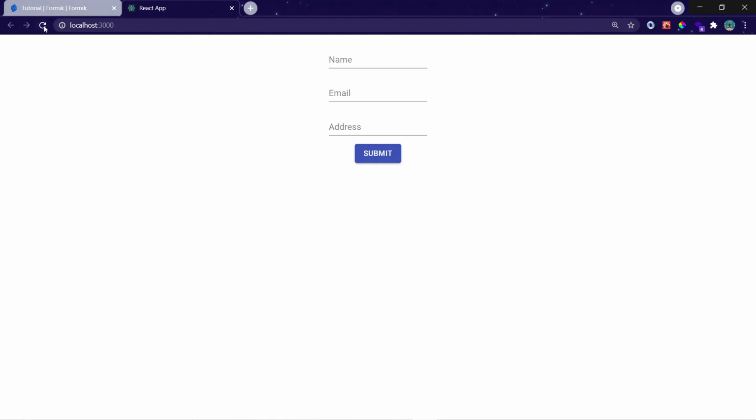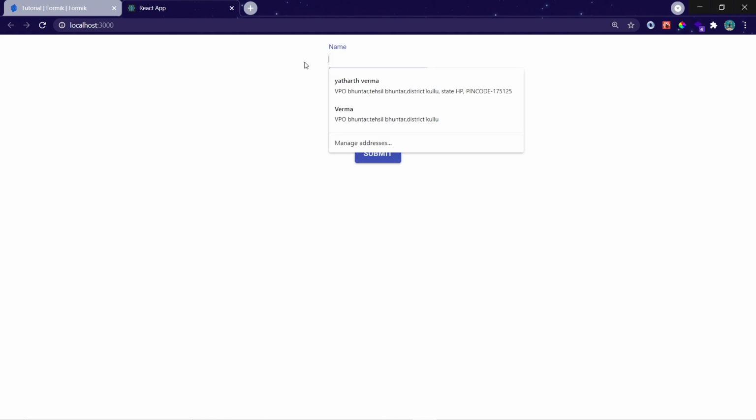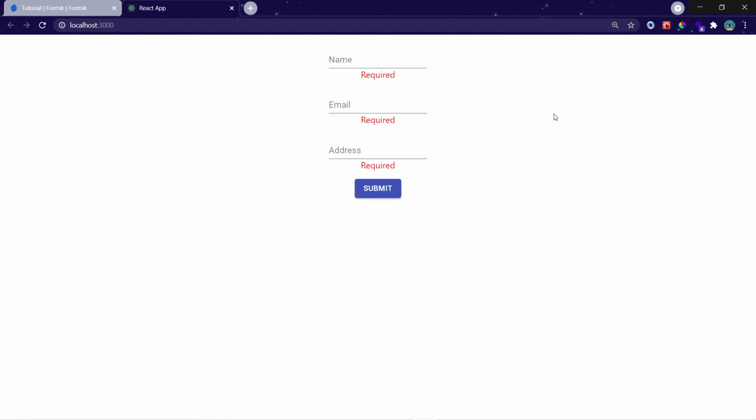Okay, refresh it and let's see whether it is working or not. If you submit it, you will see we are getting required. One more thing: if I haven't filled any values and I click outside, as you can see it is showing required for other fields which I haven't touched. Let's refresh it again. Let me show you what I'm saying. Let's touch this field and touch outside. Okay, it's not happening for this field, but I think it will happen for the first field. Let's touch it and touch outside. Yeah, as you can see we are getting errors for all the fields. It should not happen. It should only show the error if I have touched that field.